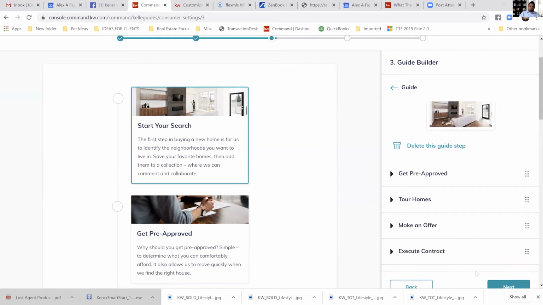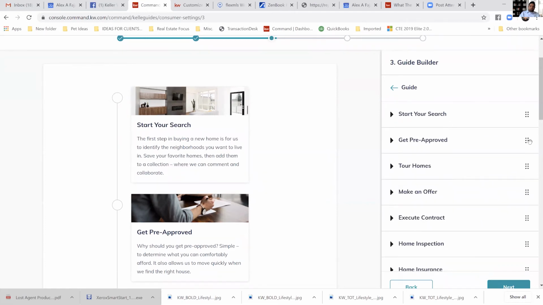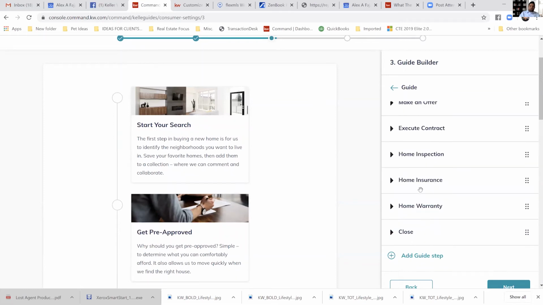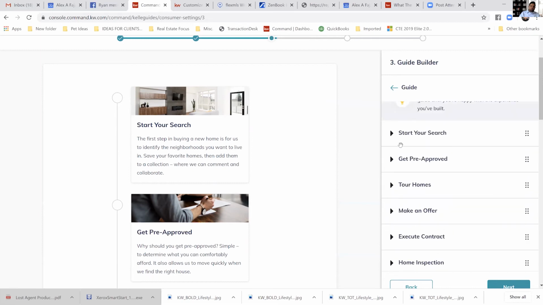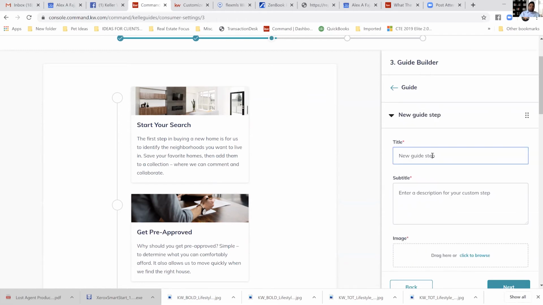So once I'm all good and happy with the pictures, I'm going to go ahead and close this one, right? And just so you know, if for some reason you made a step and you need to change it, you can drag and move these accordingly, just like that, okay? So let me move this back, just like that. So just know if you go, oh, you know what, I really want to talk about a step in between start your search and get pre-approved, right? All you do is add guide step, say,